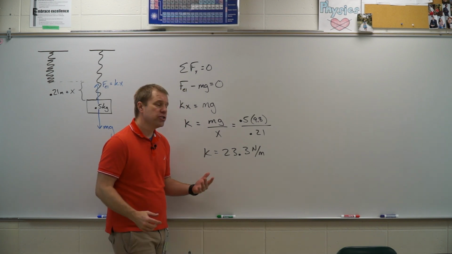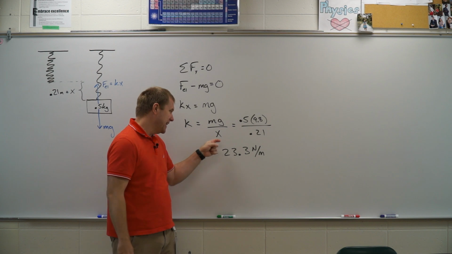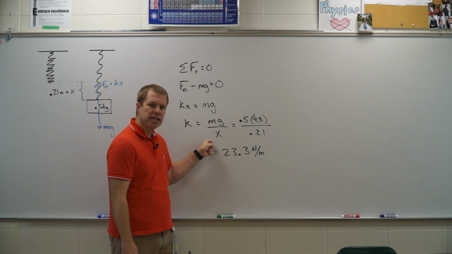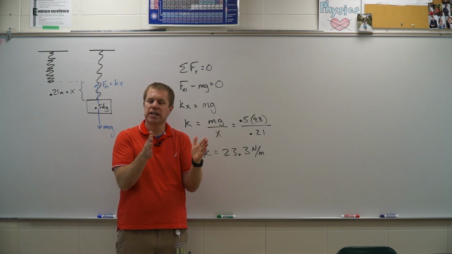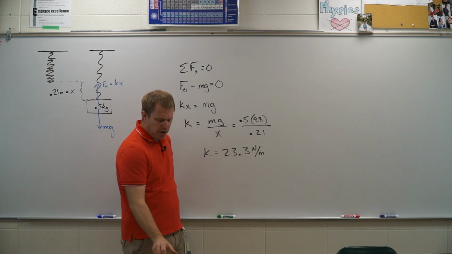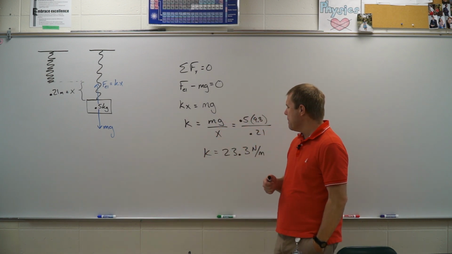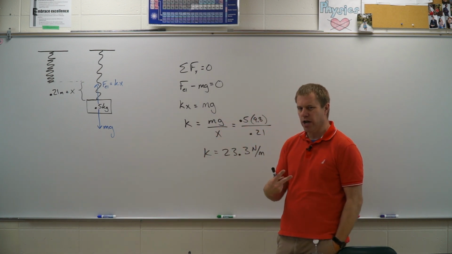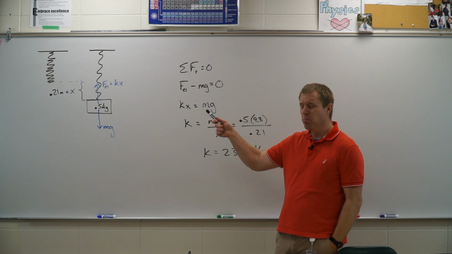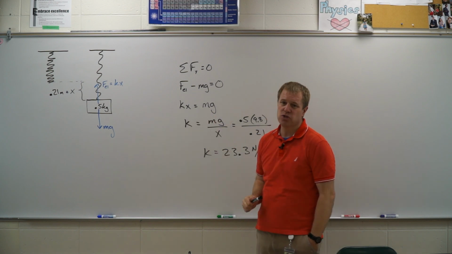Remember, Hooke's law is assuming ideal springs, meaning that they are going to be following a linear relationship between force and distance. And most springs that follow Hooke's law have a certain range that this works for. Right? Now, the second part says, well, what if I hang a mass that's twice as large on it? Okay, so I still have the same spring, so the spring constant's the same, but now I have twice the